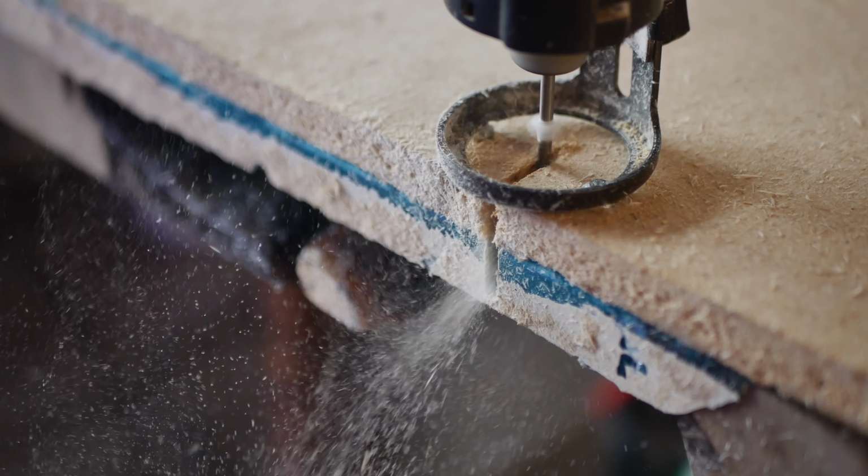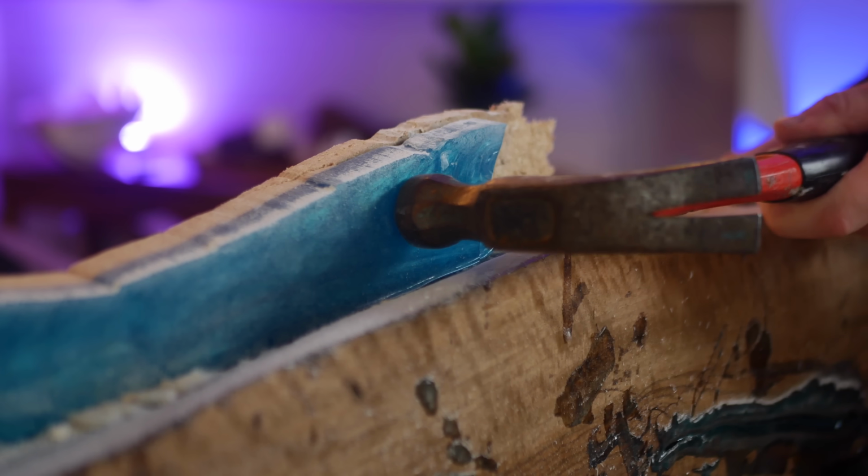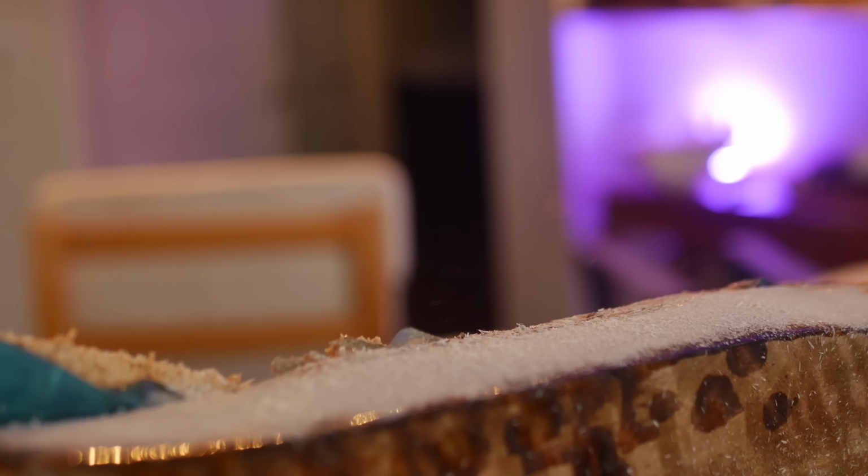I needed to remove the resin, so I cut it down the middle and took a hammer to the edges. I got really lucky, and it came off easily this way because it was already partly delaminated. Not only did the pour fail, but parts of the pour form were welded to the table as well. It was a total disaster, but I was determined to get this right, which meant planing the wood back down